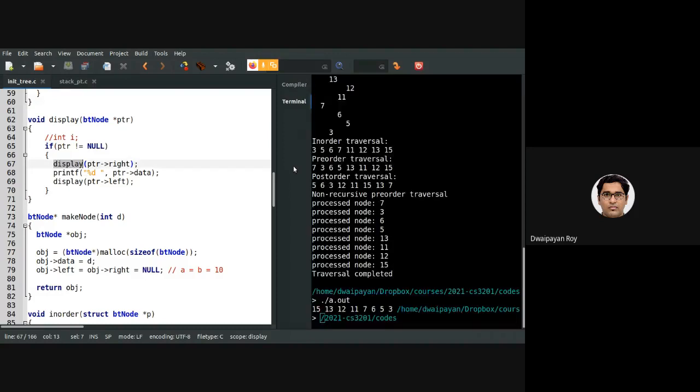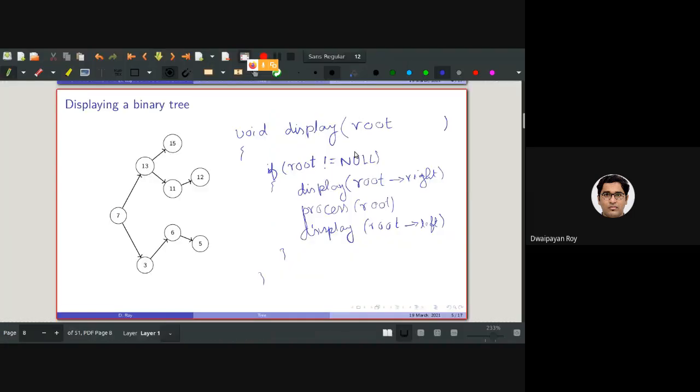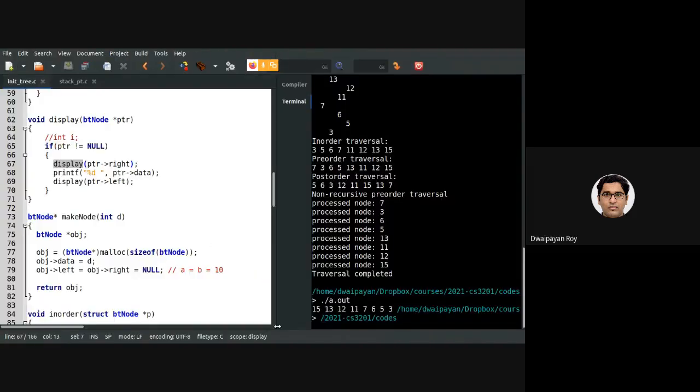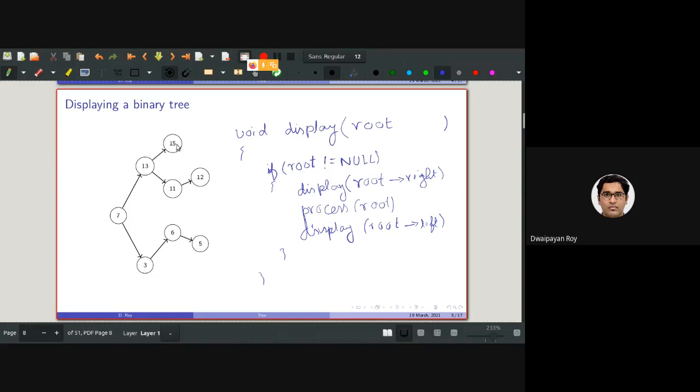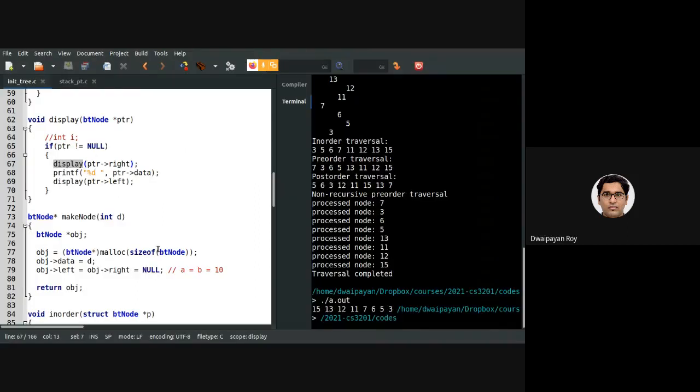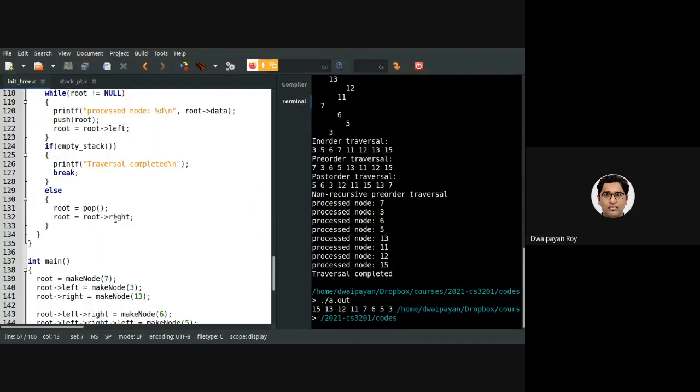Now if I execute this, as you can see, the output is 15, 13, 12, 11, 7, 6, 5, 3, for the same tree I was using in the last class. Now, compare this.